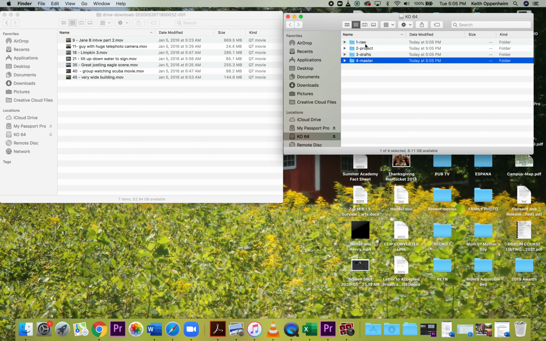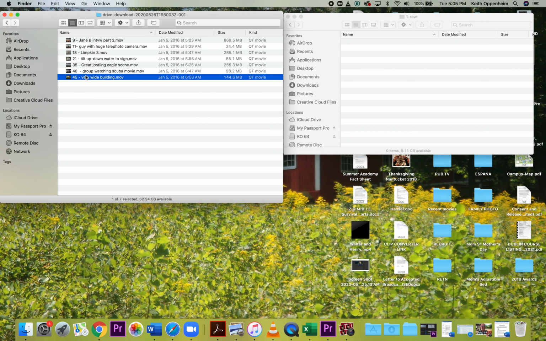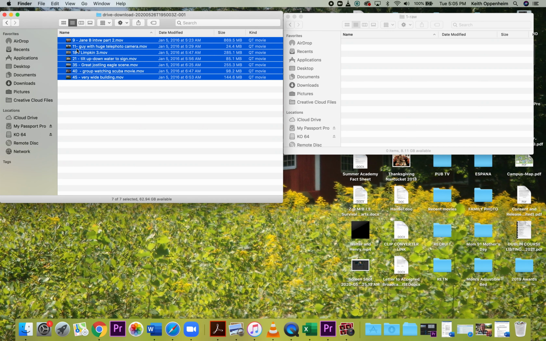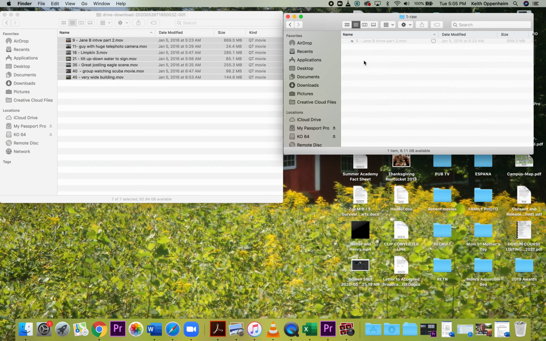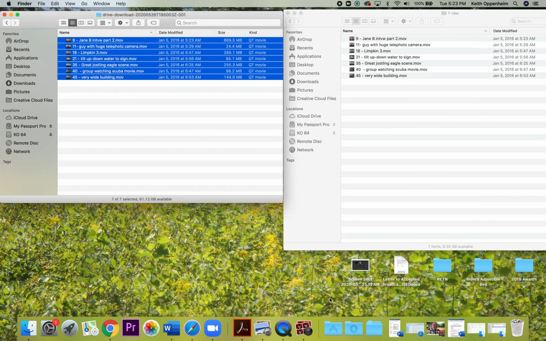We'll open up the raw folder that we just made, and we want to put all of our clips into the raw folder. That's what the raw folder is for. So we highlight all the clips and we can just drag them into the raw folder, and they will take a moment to load in. So we might want to pause the video for a second, and I'll get right back with you. Okay, so once all of the clips have copied into your raw folder, you can say goodbye to your downloads,